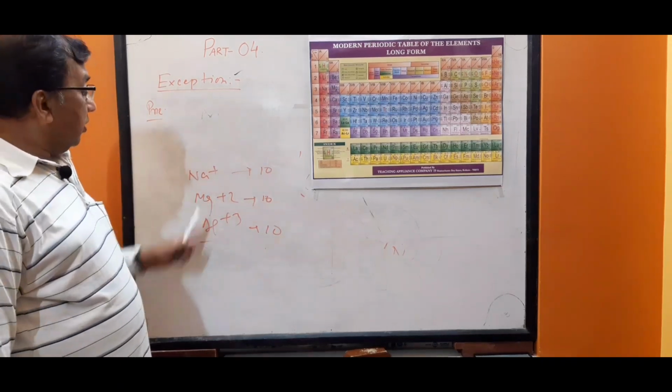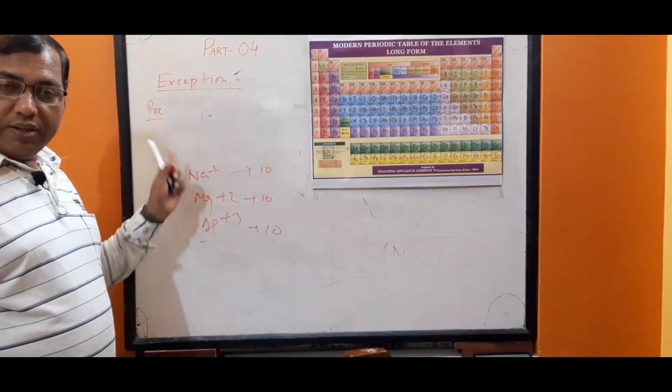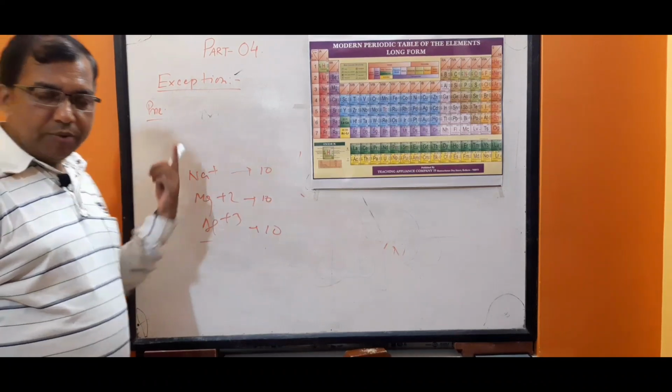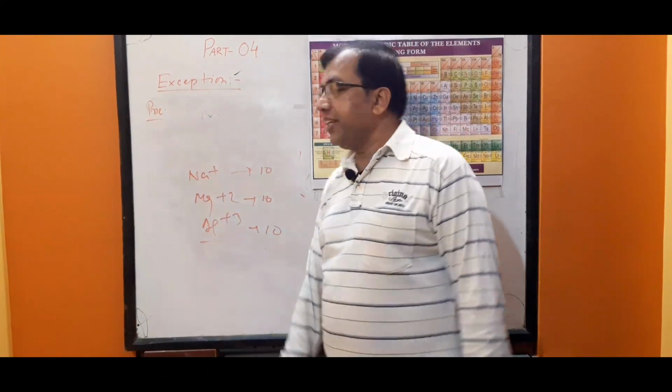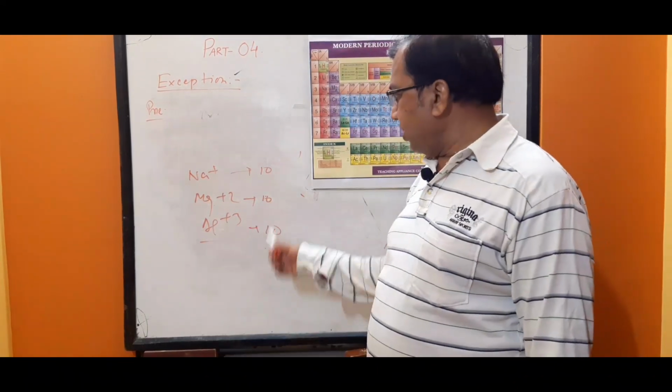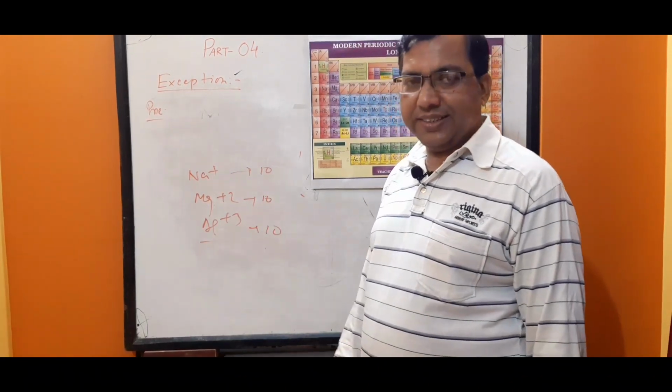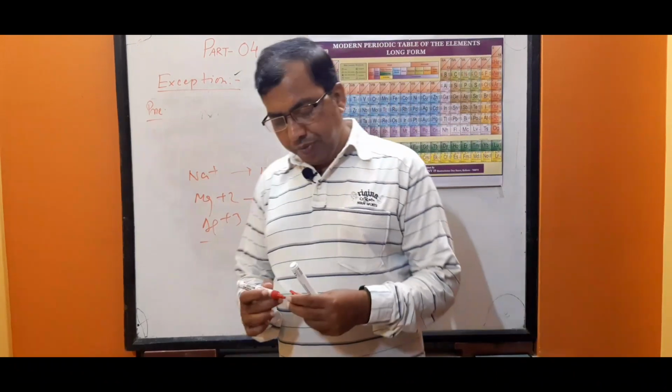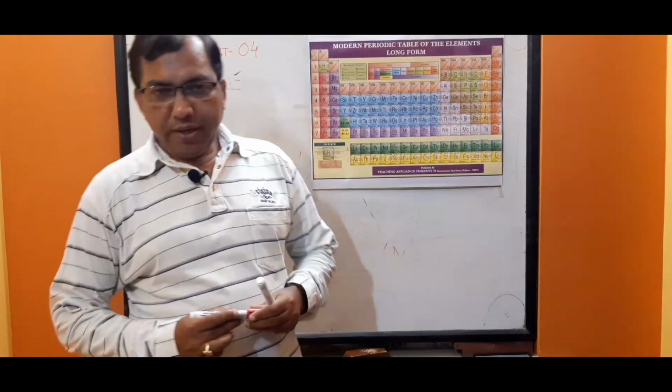So what is the size, the radius of the ions? Are all the same or not? This will come in the exam. Which is greater in radius? These are known as isoelectronic species, the same number of electrons are there. Clear? So in this way, I draw my end here.